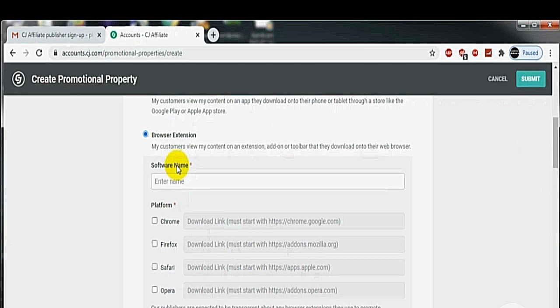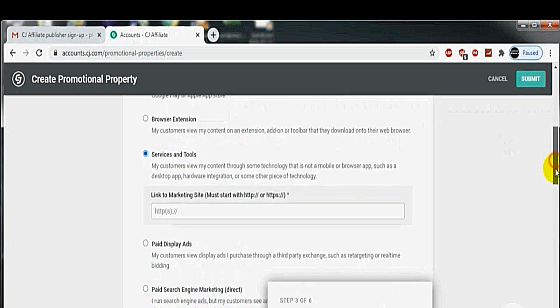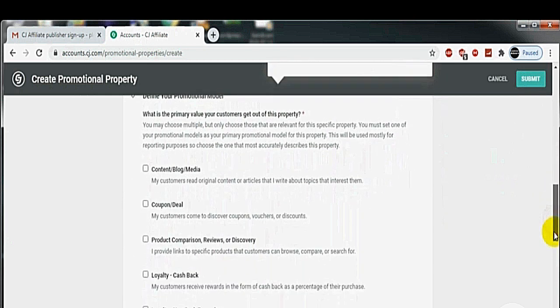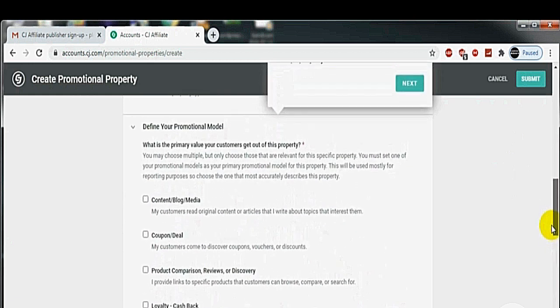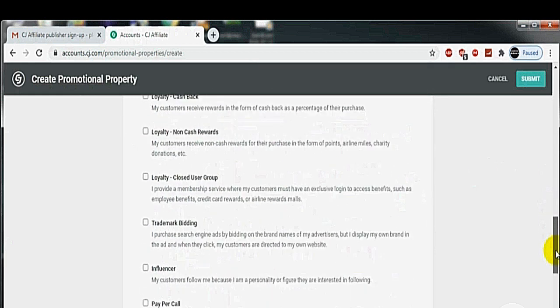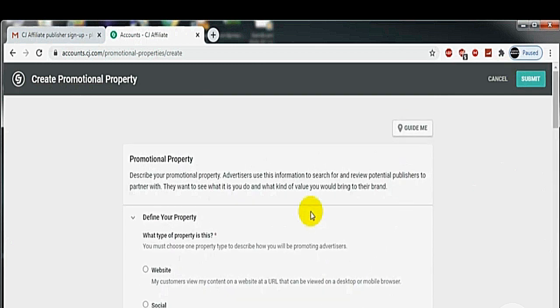Then you will have to fill all these details. Or it is a service and tools, or paid display ads. So you will have to fill all these things. Then you will have to define your promotional model, and after completing all the information, just hit this submit button.